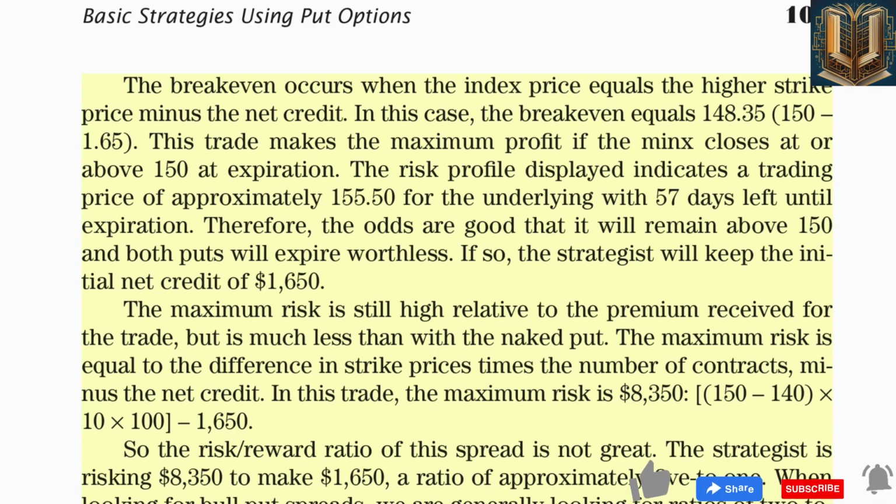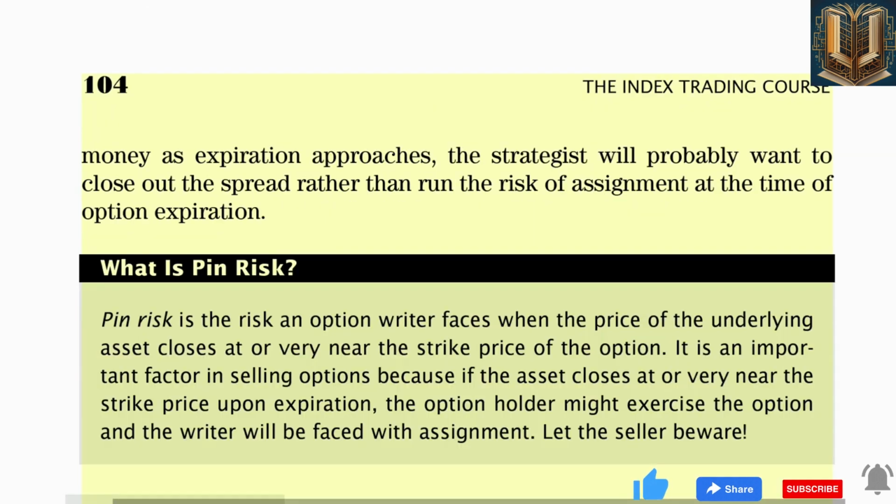With stocks and ETFs, the short put could be assigned once it is in the money and close to expiry. If so, the strategist will buy 100 shares per short put, but can exercise the long put to satisfy assignment. Being assigned the short put and exercising the long put will result in the maximum possible loss. With index options, such as in Arming's example, the short put cannot be assigned until expiration because the options have the European-style settlement feature. Therefore, if the options are near the money or in the money as expiration approaches, the strategist will probably want to close out the spread rather than run the risk of assignment at the time of